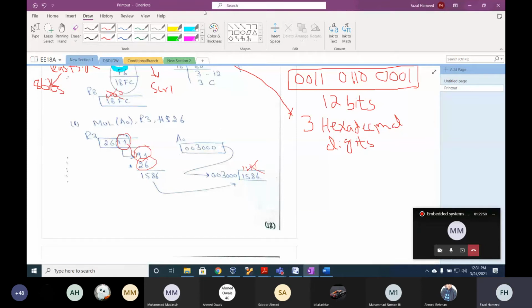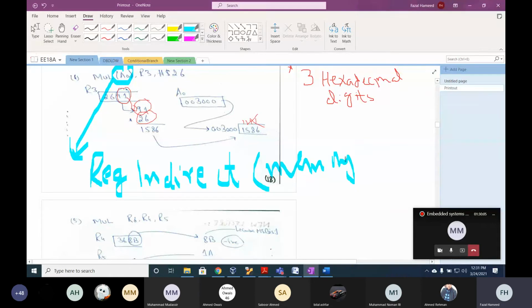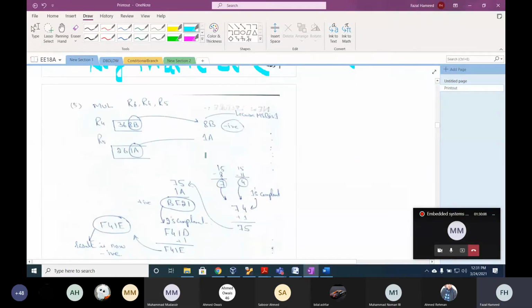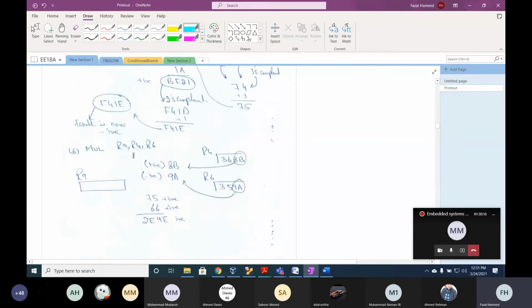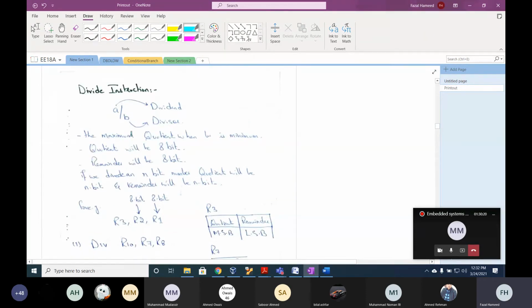Which addressing mode is this, on the left hand side? Register indirect. Where does the operand lie? In memory. Very good. Yes, the operand lies in memory. Now we have multiply R6, R4, and R5. The least significant 2 bits of R4 are multiplied, and then you can do this.